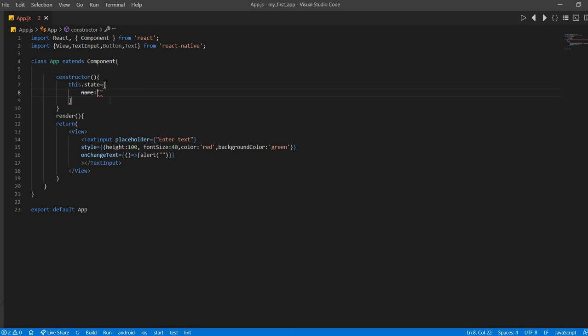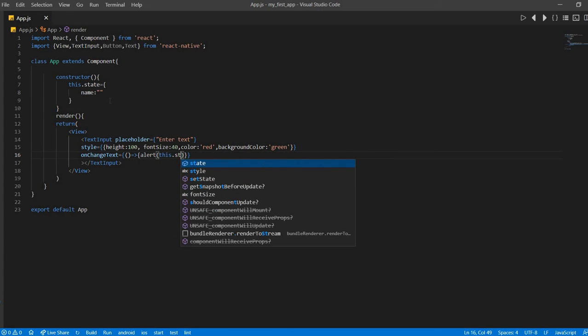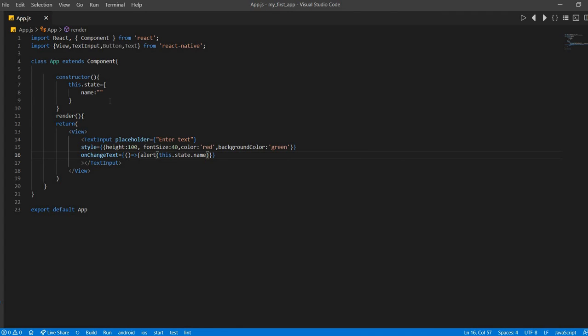Here we will display this.state.name, and here in onChangeText, where is onChange?